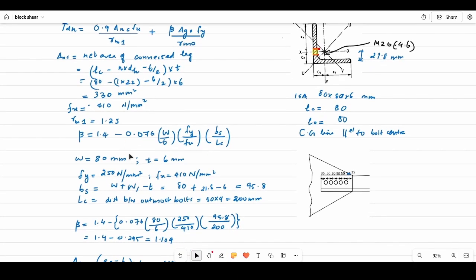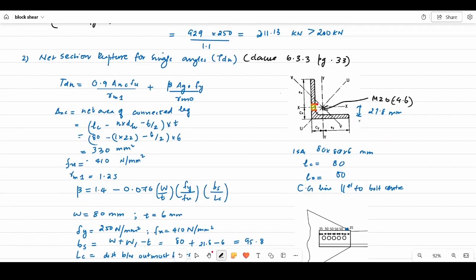Now the Bs, and this definition of Bs given in the code is the shear lag width. Now we know shear lag, it is unbalanced shear developed due to the outstanding leg of an angle section. So it will be mostly asked in the theory part. Now the shear lag distance, when we look at this figure, the distance from this end towards this